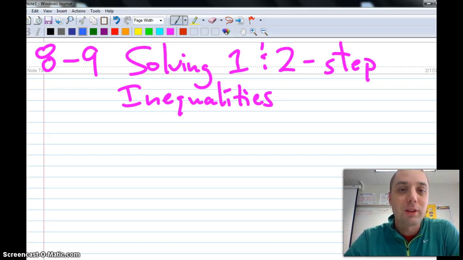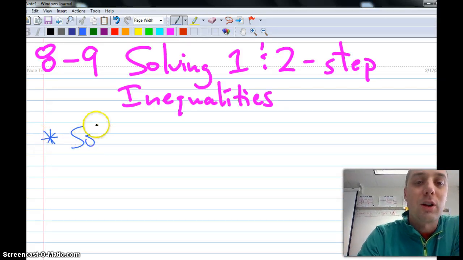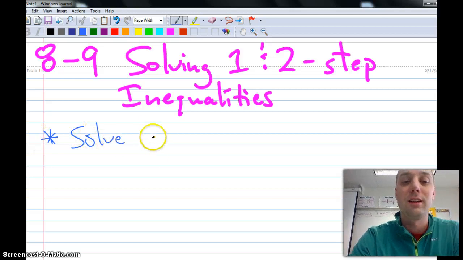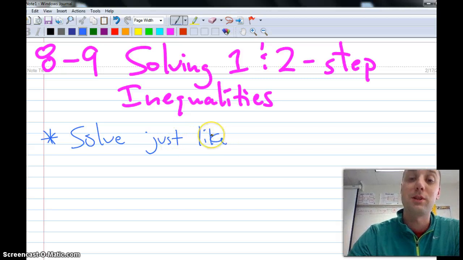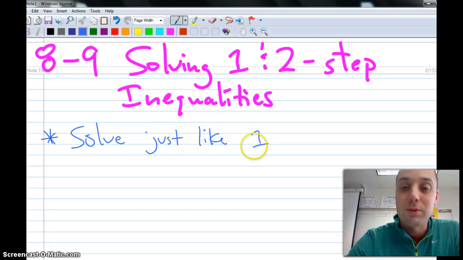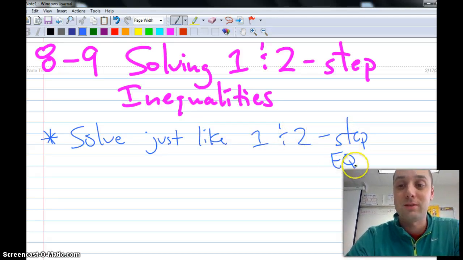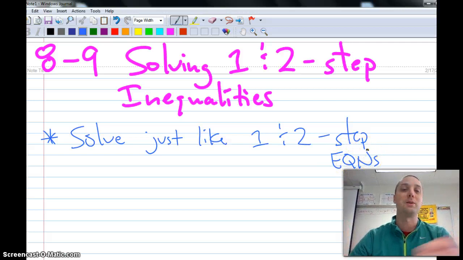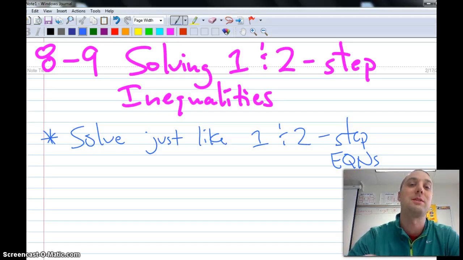If you take a couple little bullet points and notes, the first thing I want you to say is solve these just like 1 and 2 step equations. Same 2 steps for the 2-step equation, same 1 step for the 1-step equation, same order, same process. We talked about using the golden rule of equation solving, reverse PEMDAS, using opposites, so you treat these just like they're 1-step equations. Except,